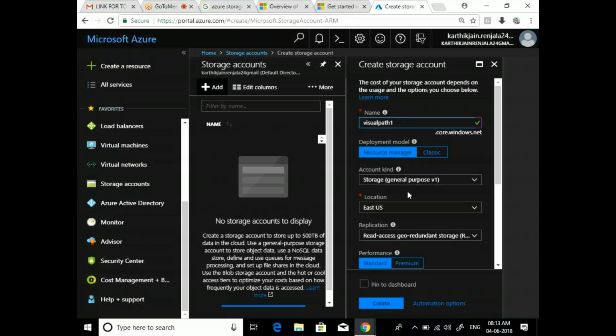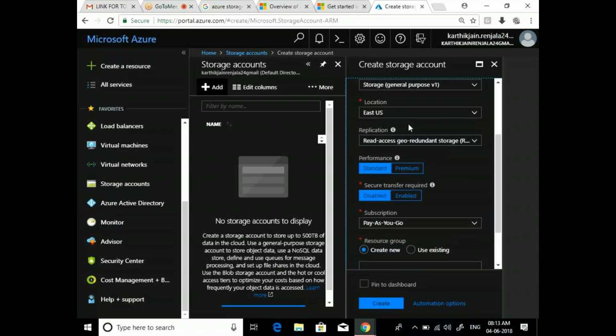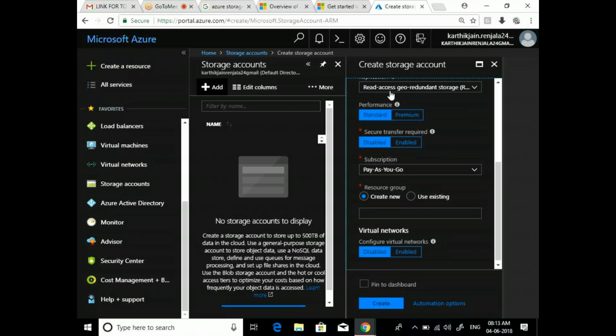I'm taking the location as East US, and we are discussing only a standard storage account. After this, I'll tell you about premium. I'm taking a new RG as the resource group name, and I'm going to create it.